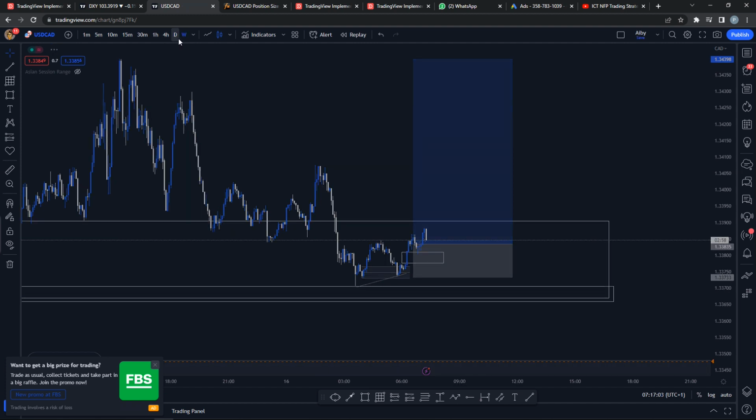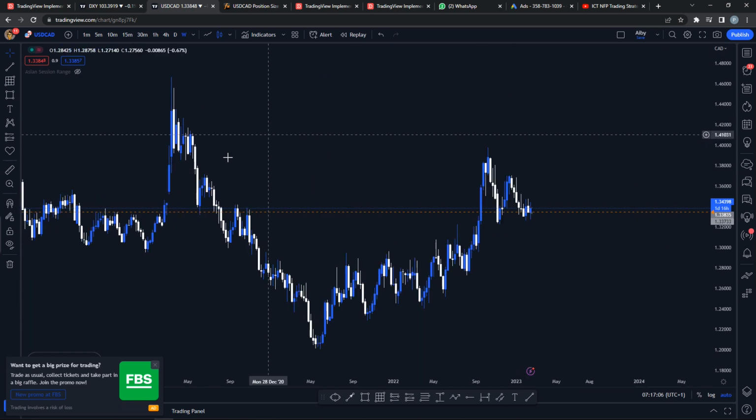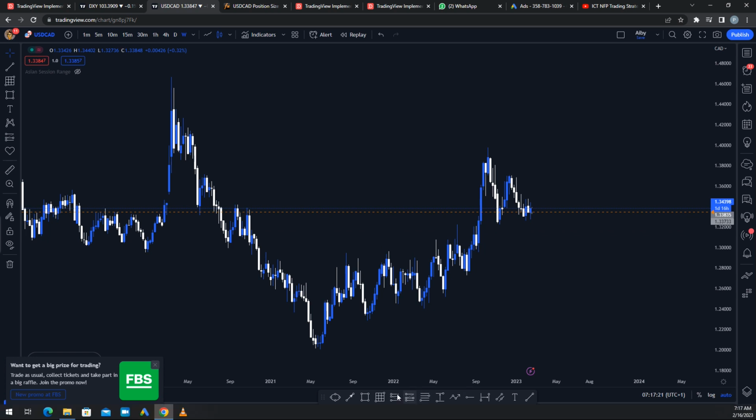USD CAD, I started from, I think, the weekly time frame. So I have seen a demand zone, a supply zone here that price tapped into and then started rallying down. And also we have a supply zone here, price tapped into, started rallying down. And then we have a demand zone here that price has not yet tapped into, in which I was looking